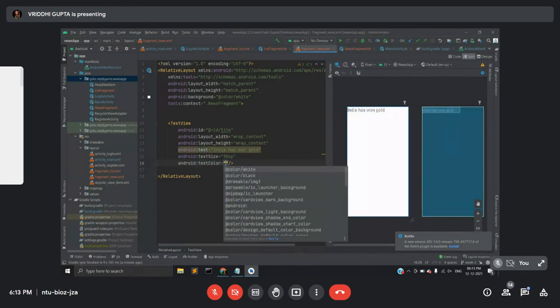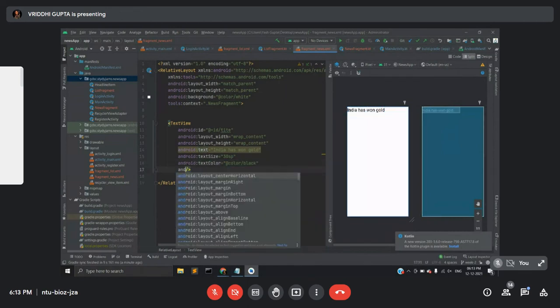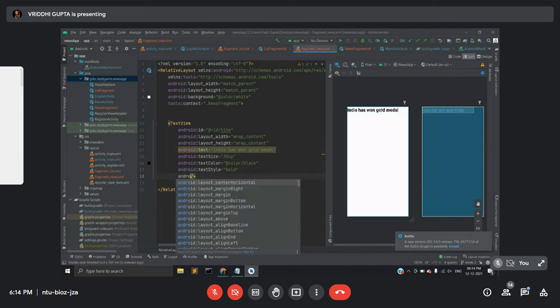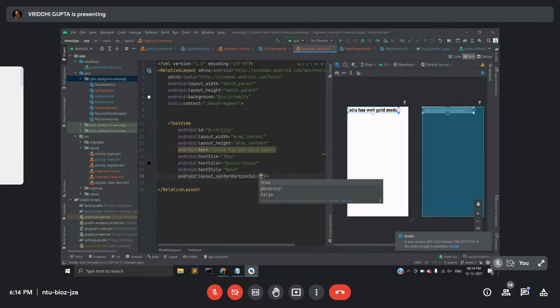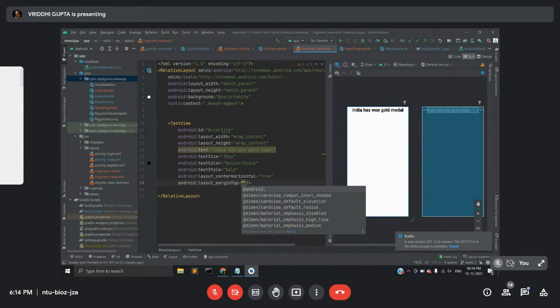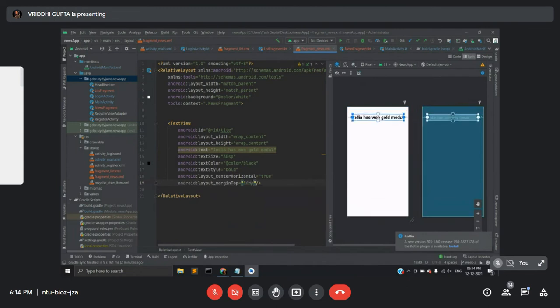Text color black. Next, gold medal. Margin top, we will apply. So this is the title for the news fragment.